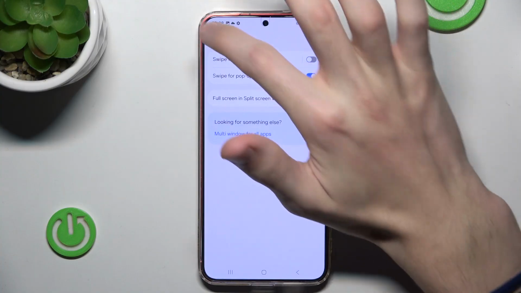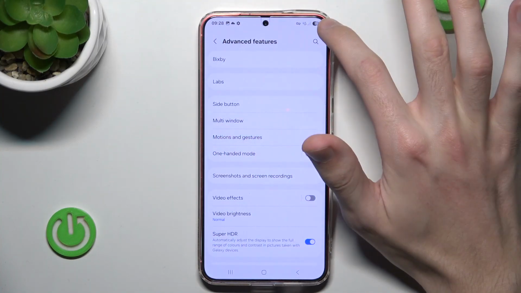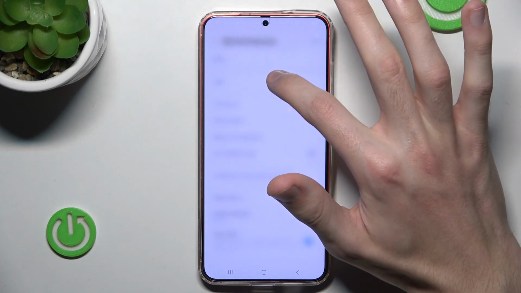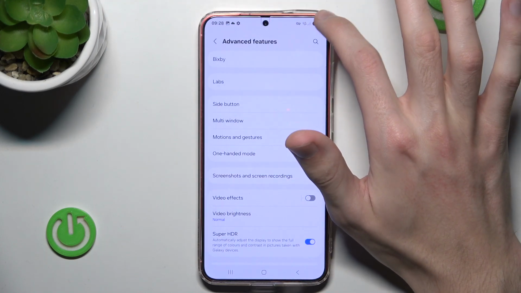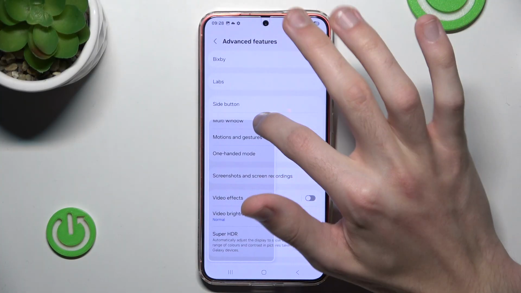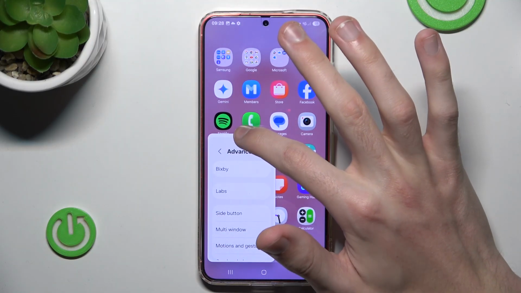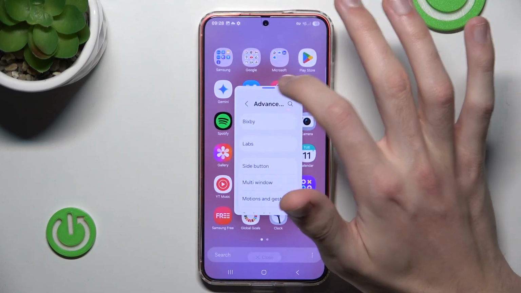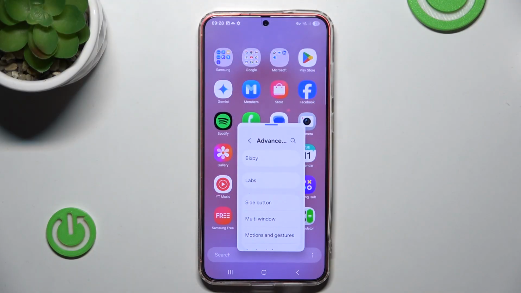it. And now if we are in our settings, we can simply swipe from the upper right corner and towards the middle. So as you can see now, we have two ways of actually opening our applications in split-up view, in pop-up